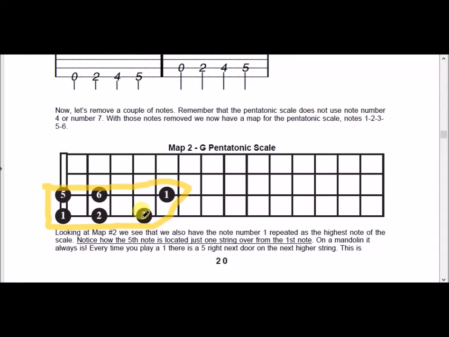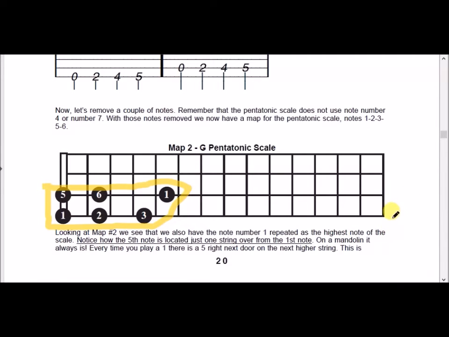And to finish out the scale, the high number 1 note is going to be up 1 string and up 1 fret. It's going to be diagonally over from the 3 note. So here's our boat. Remember that pattern,